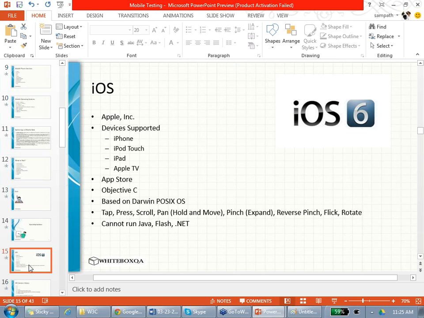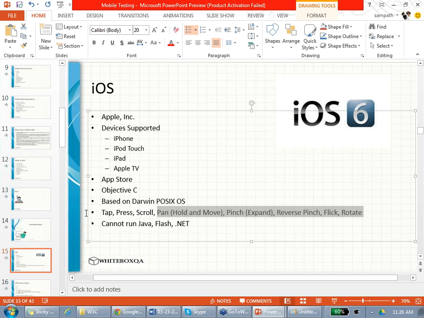So can you go and do ls on an iPhone? Can you go and do rmdir? Yes, if you really get access to the kernel command line, it's Unix again. iOS is Unix. That's what I am trying to tell. Finally, iOS is nothing but a flavor of OS X, and OS X is built on the Darwin Unix system. So finally, it's a Unix system. You could do ps, or say let's kill all. So what are the gestures it supports? Same gestures everyone supports: tap, press, scroll, pan, pinch, reverse pinch, flick, rotate.